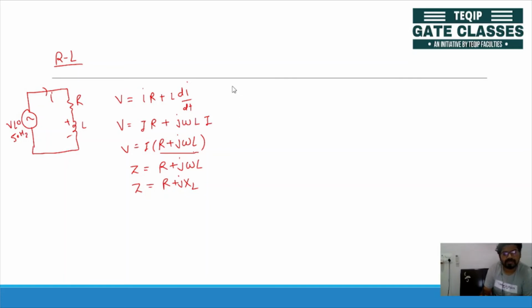So let's say your voltage is V is equal to Vm sin omega t, and your supply current I is equal to Im sin of omega t minus phi. We are taking it minus phi because you know the current is lagging by some angle phi because it is an inductive circuit. Okay, so let's calculate the instantaneous power here. We'll draw the waveform later. Let's calculate it mathematically. P is equal to Vi.